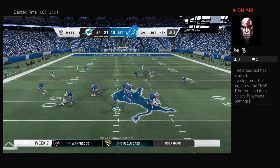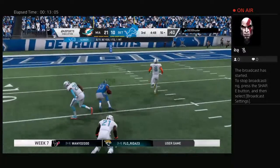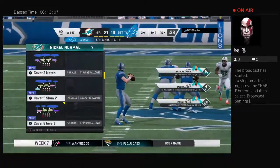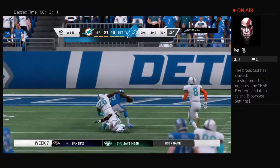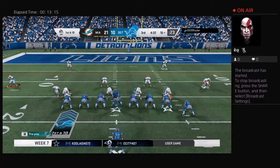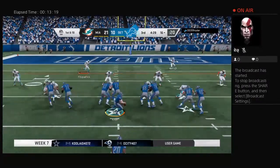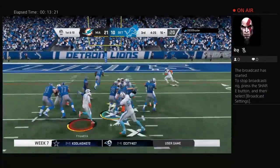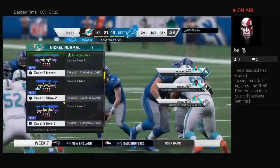2nd and 6. And Martin's got it complete. And he's got another first down as he's brought down at the Dolphins 16. An ex-teammate used to tell me all the time, I hate experienced quarterbacks because no matter what, you really can't hide what you're doing. And I think that right there, he knew right away where the blitz was coming from, where his primary guy was going to be, and he ended up going to a secondary target for a nice